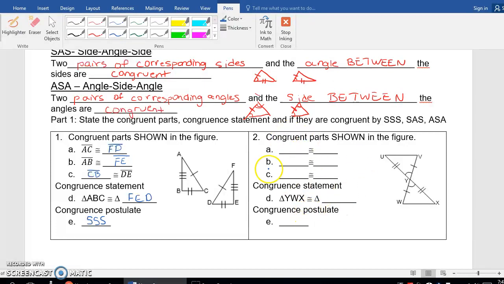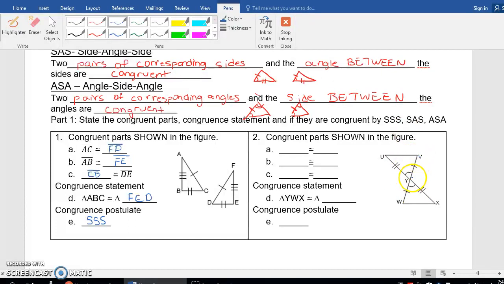Okay, so hopefully you did this on your own. Now, let's go through it together. Congruent parts that are shown in the figure. Over here we were given fill in the blanks. Now we're coming up with it on our own. So all I'm looking at are these notations, these markings over here, and I'm going to figure out what they